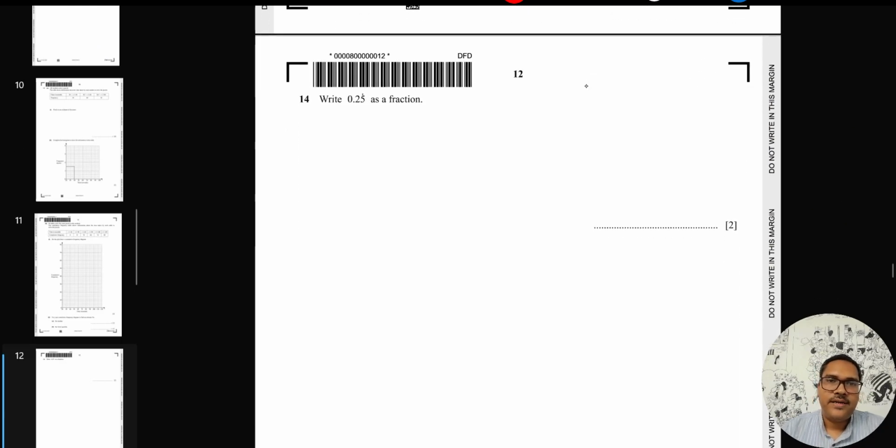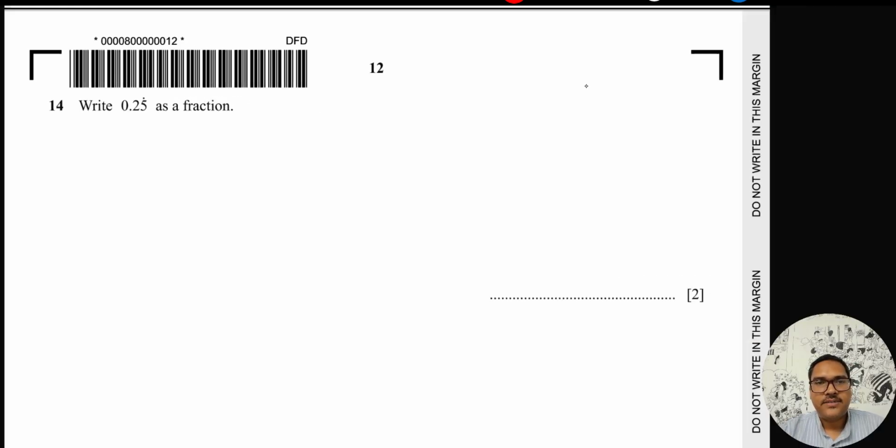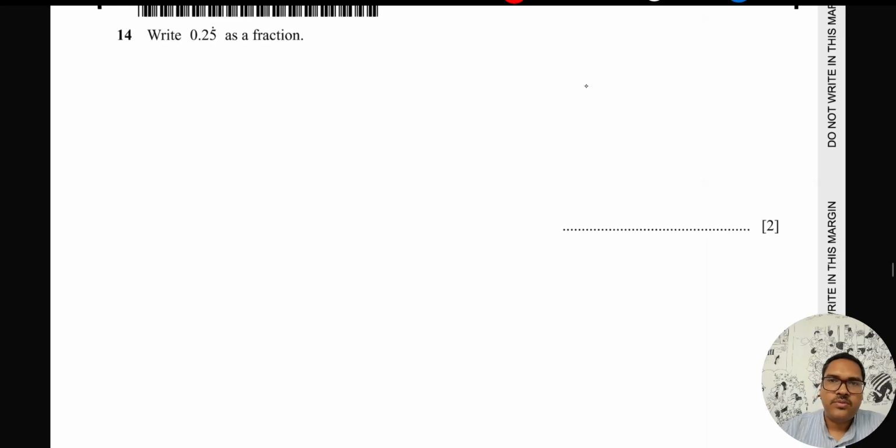Now the next question, write 0.2 5 recurring as a fraction. So this is the standard question. You know the standard procedure of this. What is x? x is 0.2555 recurring, correct? So what you do is first you bring this 2 on this side. So we'll multiply this with 10. So this will become